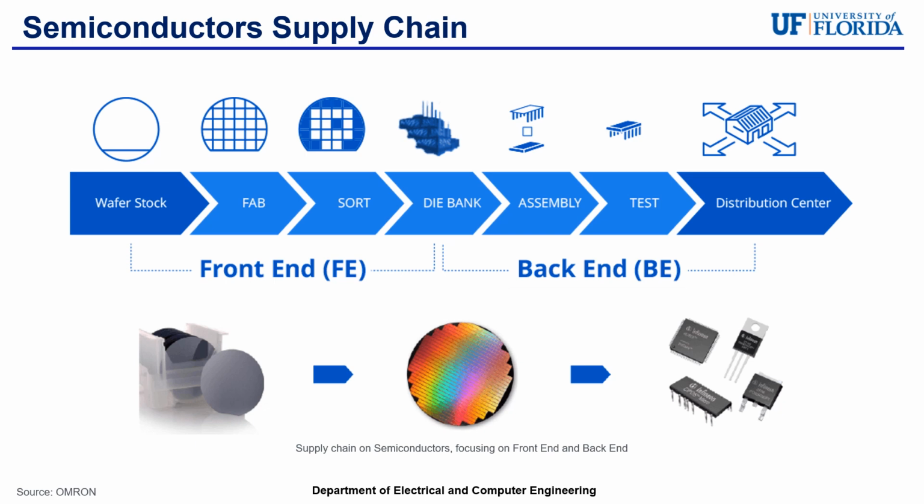The back end is about getting these chips ready to be used in products. The chips that pass testing are then sent to the die bank for storage. When they're needed, they go to assembly and then are later packaged to protect them and prepare them for integration into electronic devices. After assembly, the chips are tested again in the testing phase to make sure they meet necessary standards. Finally, the finished chips are sent to the distribution center, from where they are then shipped to be used